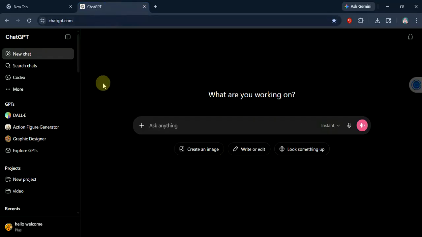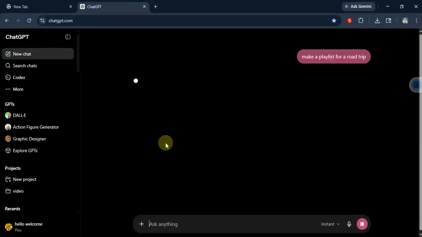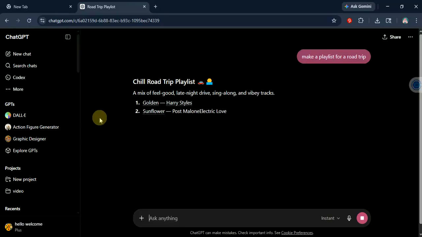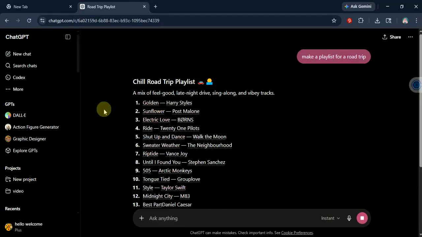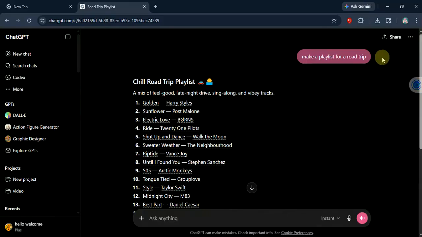Once you're logged in, you'll be greeted with the main chat interface. To start a conversation, simply tap on the text box at the bottom of the screen and type your question or message. Tap the send button, and ChatGPT will generate a response for you. You can ask anything from simple questions to more complex inquiries, and ChatGPT will do its best to provide helpful